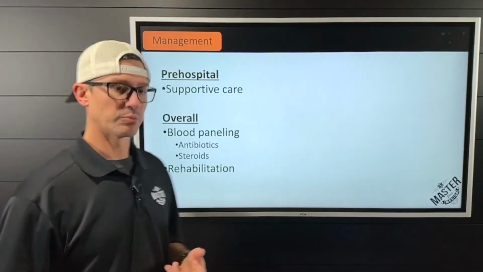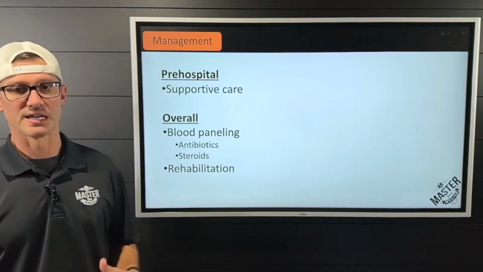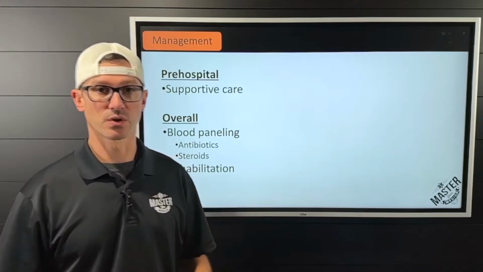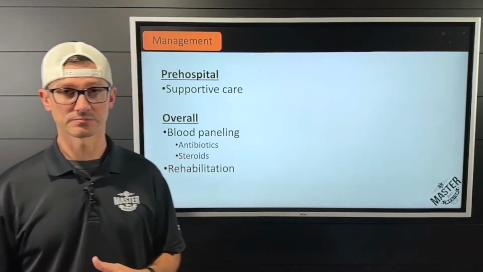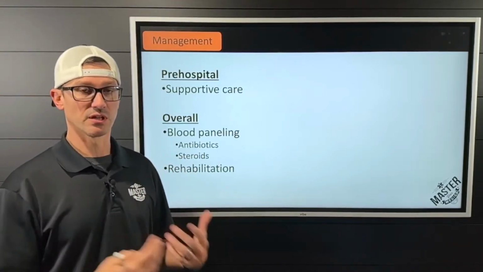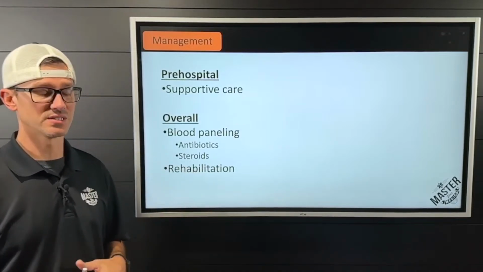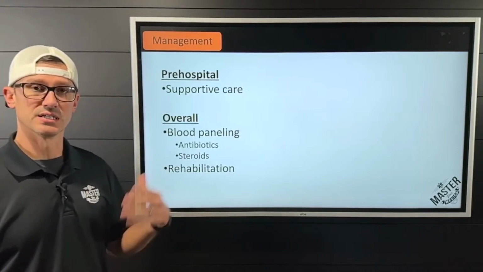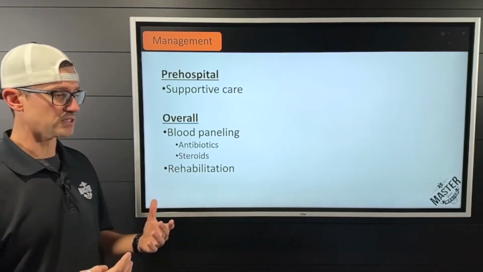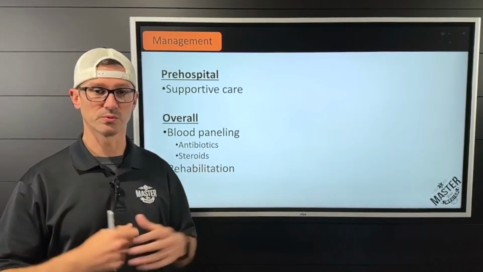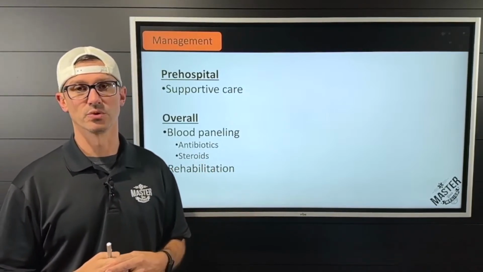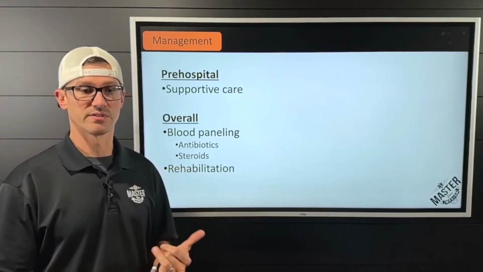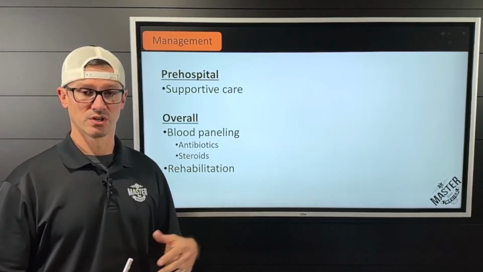So management in the pre-hospital setting is going to be supportive care and very good assessments, being able to go in and detect whether this is a stroke or suspicion of Bell's palsy, and getting them to a facility that is able to do blood paneling so they can see what type of virus it is, to be able to give the respective type of antibiotics, and then steroid treatment. The good thing is there is a very high return to normal within these patients within about 4 to 6 weeks after they've had extensive antibiotics, stopping any other spread of the virus, and giving steroids, helping with the inflammation